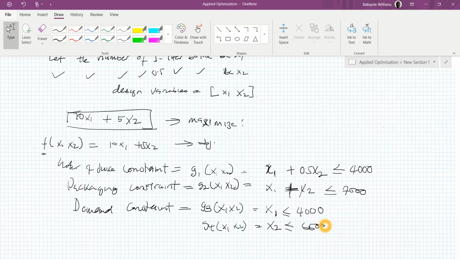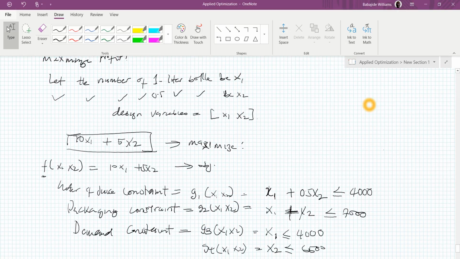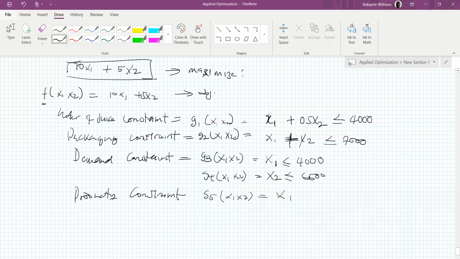All right, so let's go back to the question. At least 4,000 bottles need to be produced, at least, which means it could be greater than that, but it should not be less than 4,000. Does that make sense? At least 4,000 bottles need to be produced to keep the workforce occupied, get the paycheck at the end of the month. It has to be that. So then that should be the production constraint. Let's call that G5, X1, X2,